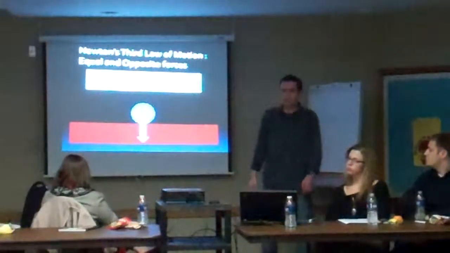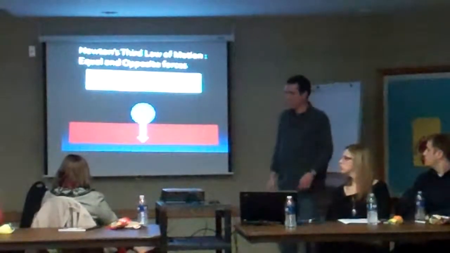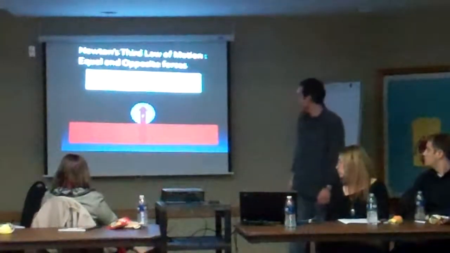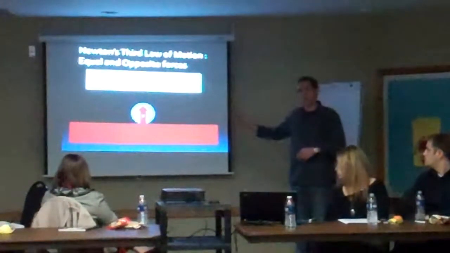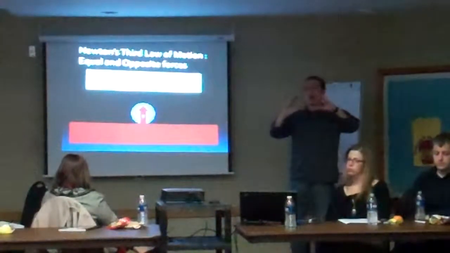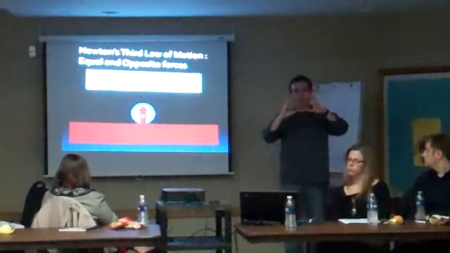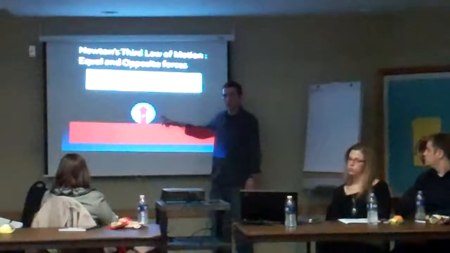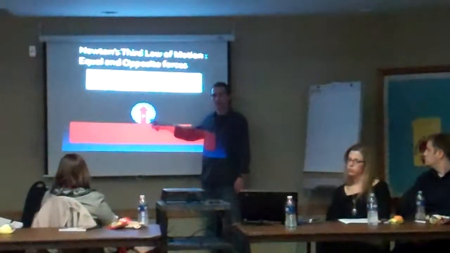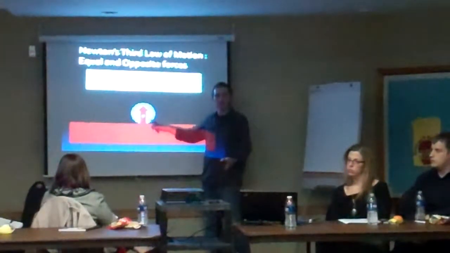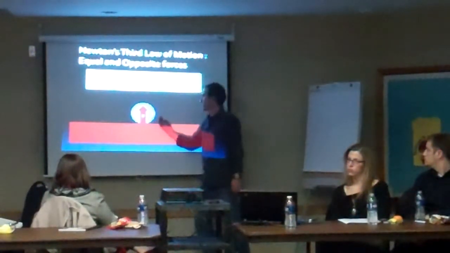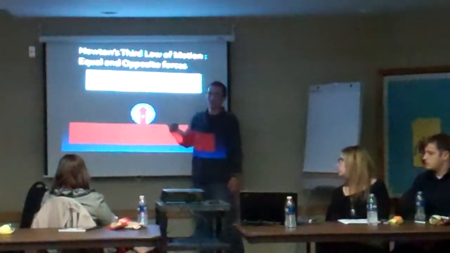Now where's the equal and opposite force? Right, so drawing pictures like this with these two arrows, this is what I mean. If you were going to draw a picture of the forces on the ball, this would be one of them. And what would the other force be on this ball? Well, friction. What's the other force on this ball? Why isn't it moving? If there's a force upward, why isn't it going? Gravity.